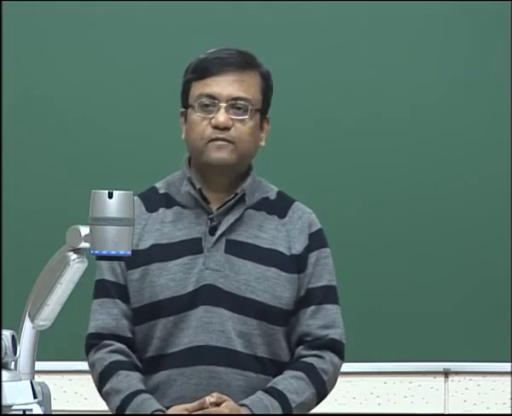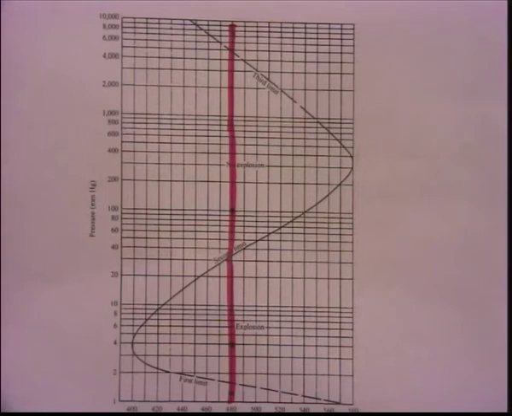Now, let me also clarify that just because it is explosive does not mean that when it is not explosive, it is not reacting at all. I do not mean that. Okay. So, for example, below the first limit, it is still reacting. It is still reacting a little bit, because it is producing those radicals. It is not inert. It is producing those radicals, which are nevertheless going to the wall and getting destroyed.